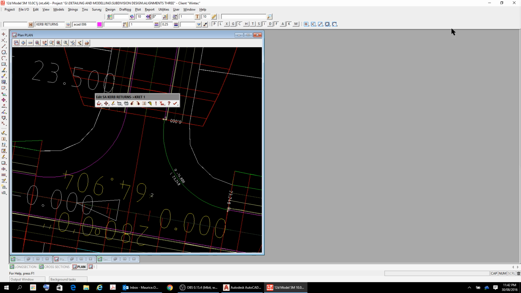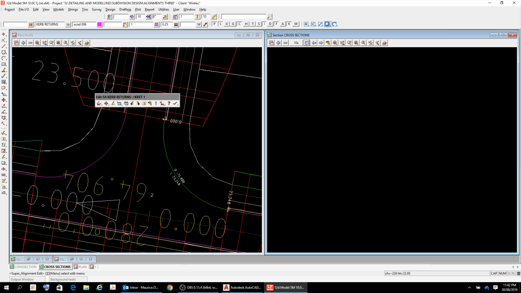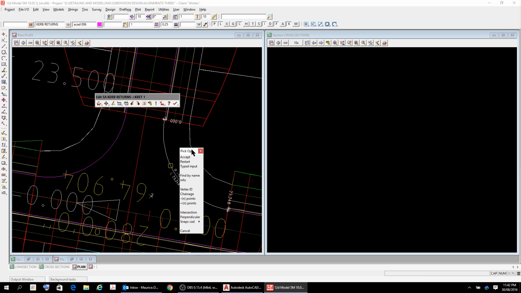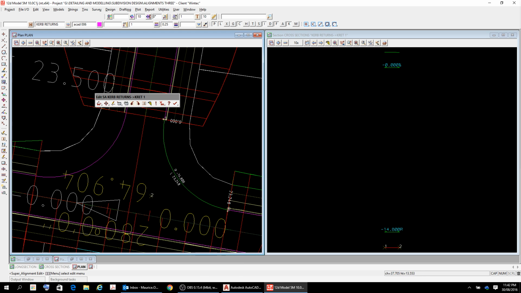So we'll drop that down there, bring up our cross section window here, go to the profile and hit this little here and select our super alignment, accept, and it's going to show up in here, and you can see here it's 1 and 2, and it's got a radius between them and a grade at this stage between them of 0